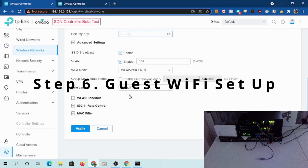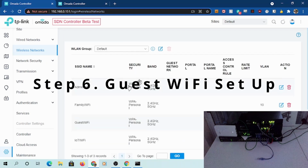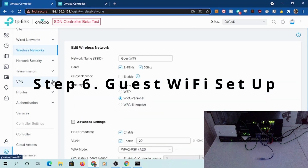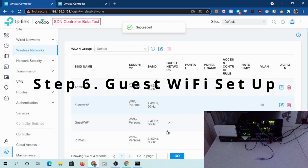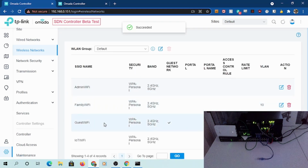There's one thing that I forgot to do on the guest Wi-Fi. As you can see here, the guest network is not checked in here, so I need to edit this one because this is supposed to be a guest network. That's the reason why the Wi-Fi and the checkboxes only apply to the SSIDs that you have created. So if I click that guest network in here, now it will have a checkbox,